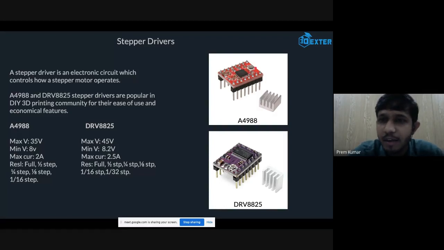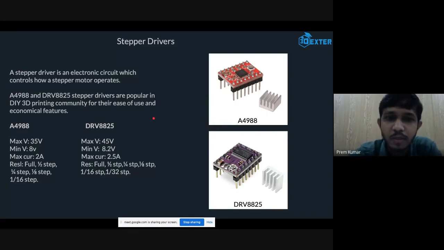But there will be a difference. If this one fits in one orientation on a 3D printer motherboard, the other fits in exactly the opposite orientation. I mean, the way you fit it on a control board will be different: one goes in straight and the other goes in reverse orientation. The orientation will be different, but everything else is the same. And it has some other different specifications also.